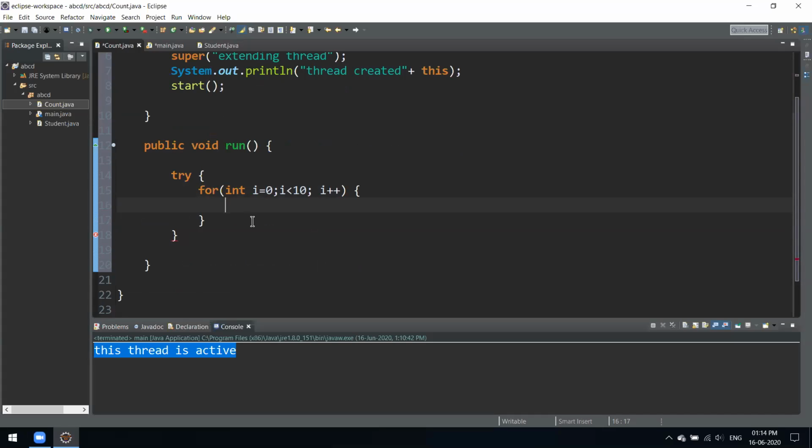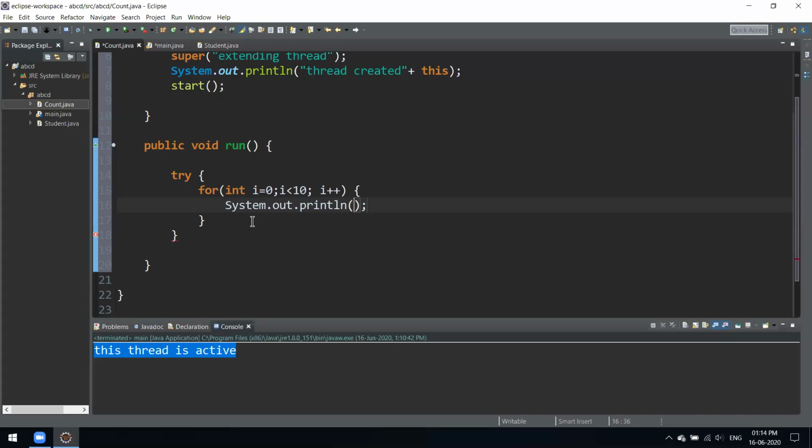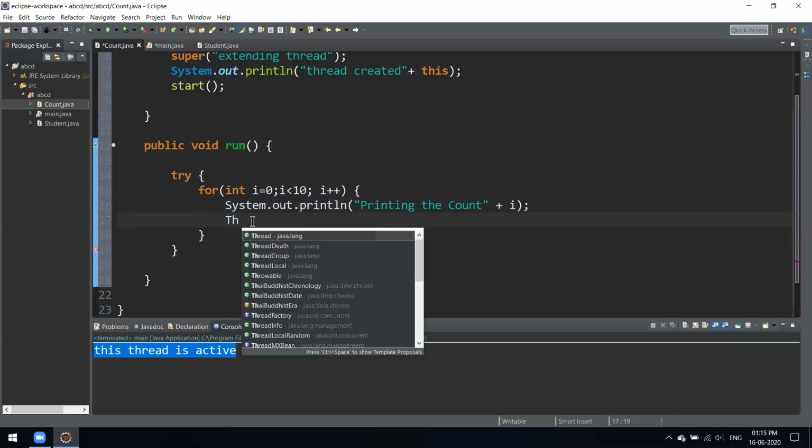So we'll write it: print the key plus the value of i. As soon as this line gets executed, we'll make the thread sleep.